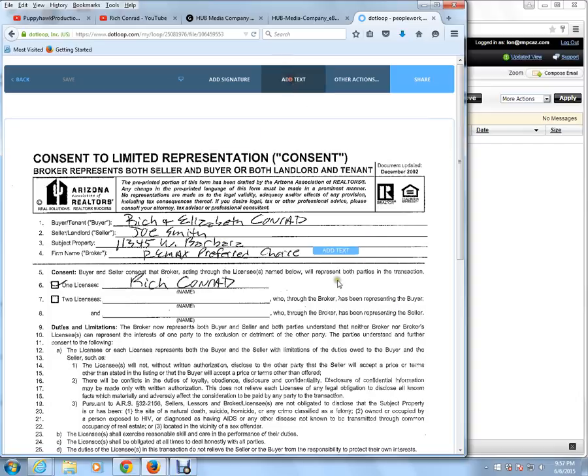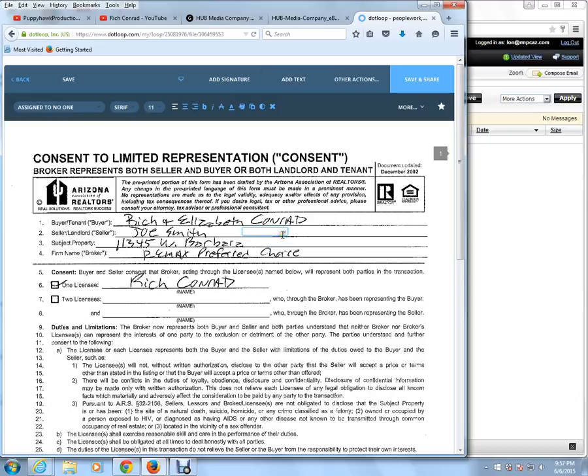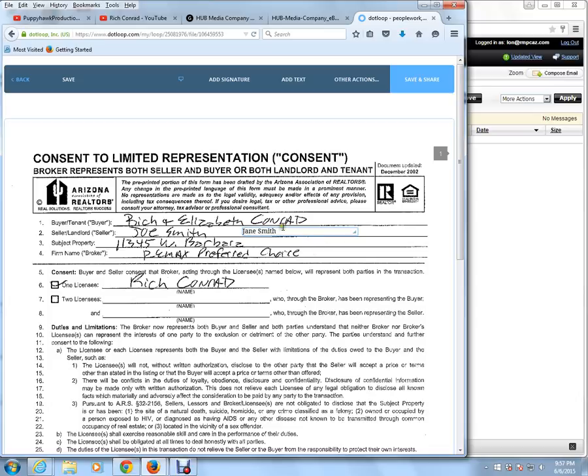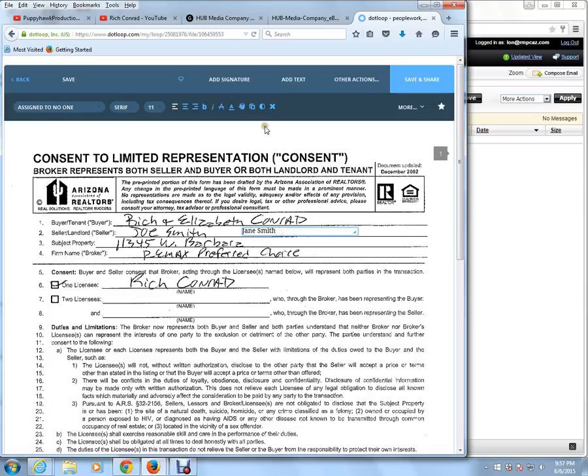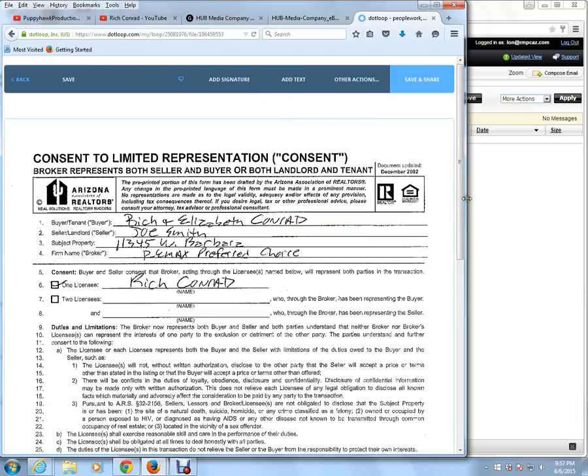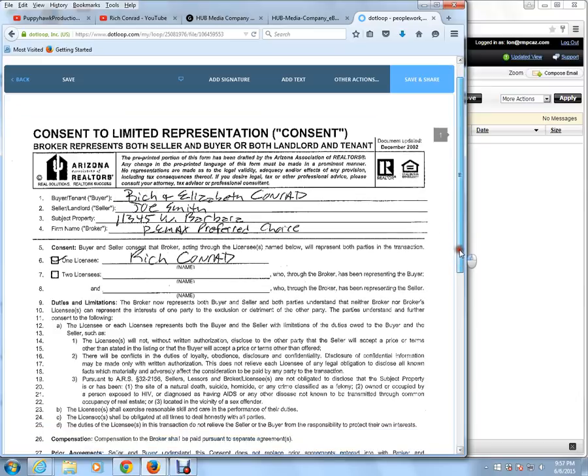For instance, if I added a text box and then just resized it, then at that point I could actually make changes or additions. However, that's the only way we could add something. So let me just remove that text box. In this example, I put the buyer, Rich and Elizabeth Conrad, seller Joe Smith,